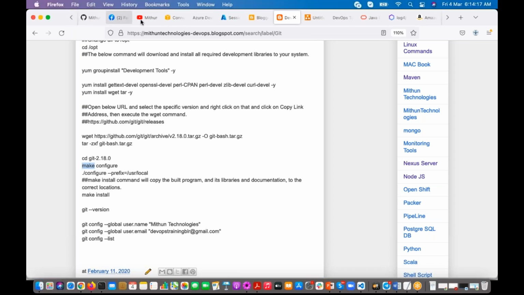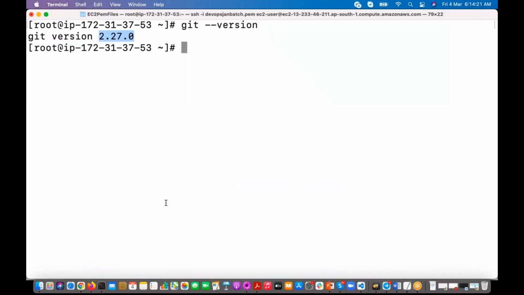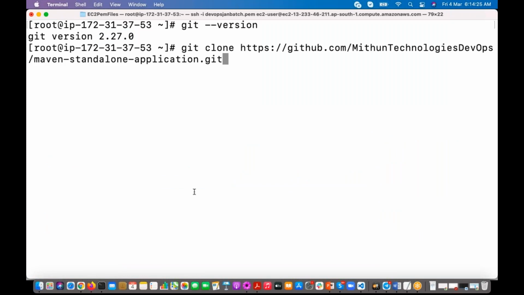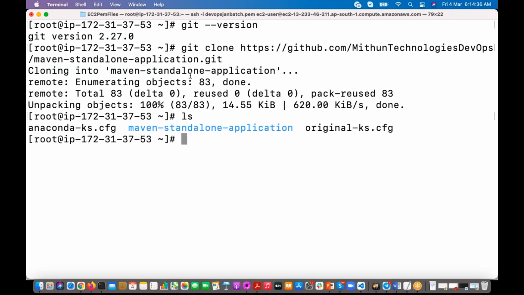Where is that one? Here. Take this repository URL and execute git clone with this repository URL. Hit enter. So it is downloaded, and it is loading into this one. Now it has created one directory with the repository name, and there it has